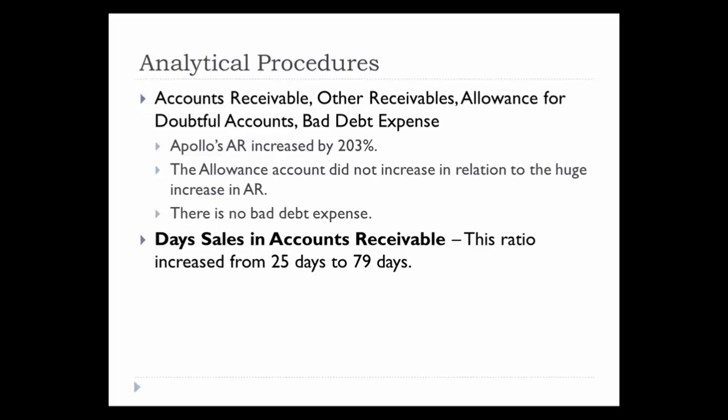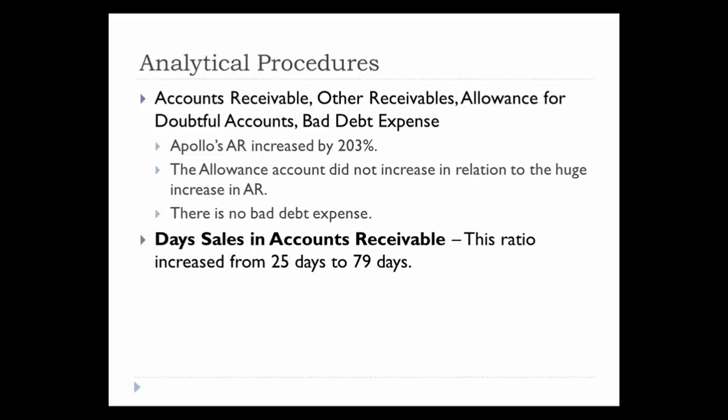The other thing is days sales in accounts receivable. So calculating a ratio. Remember, analytical procedures include ratios. If we look at days sales in accounts receivable, it increased from 25 days to 79 days. That should tell you that they're not selling. They're not collecting. They're not turning their receivables over. So you would expect to see, if that's the case, again, proof that there's a problem with the